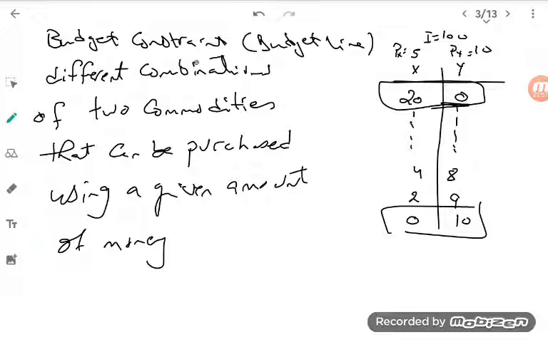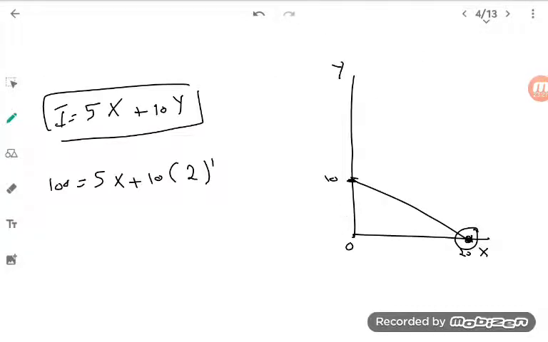طيب البادجت constraints احنا بنقول ان هو different combinations من two commodities اللي ممكن اشتريهم بال100 جنيه. يعني انا ممكن اقول انا هاخد ال100 جنيه كلها اشتري بيها x، او هاخد ال100 جنيه كلها واشتري بيها y، او هقسمها شويه x وشويه y. اهو ده اللي احنا عملناه في التيبل ده. خدت ال100 جنيه كلها واشتريت x given ان البرايس x 5، يبقى في الحالة دي 100 divided by 5 ب 20 وزيرو من الواي، والعكس لو عملت للواي. الكومباينيشنز دي خدناها رسمنا بيها الجراف بتاعنا، وقلنا ان احنا ممكن نكتب البادجت كونسترين بالشكل ده